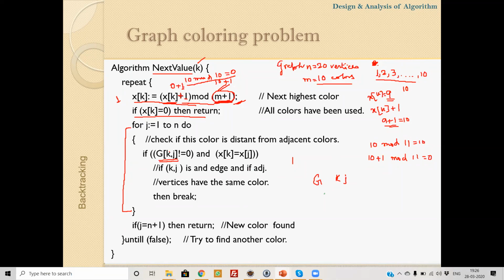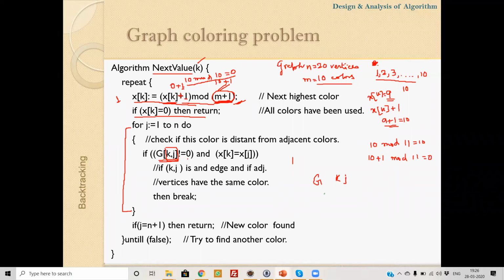So we are representing this value G k j. This G k j will be 0 if they are not adjacent, and if they are adjacent, this value will be 1.